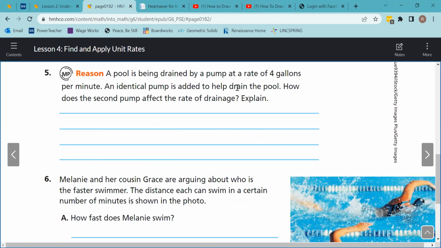Number 5, a pool is being drained by a pump at a rate of 4 gallons per minute. An identical pump is added to help drain the pool. How does the second pump affect the rate of the drainage? This one